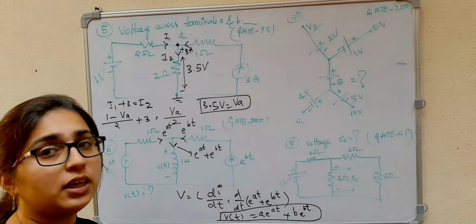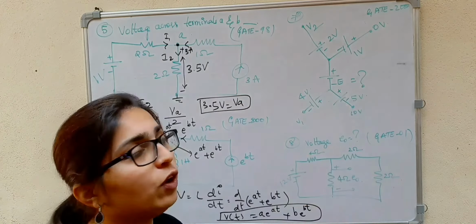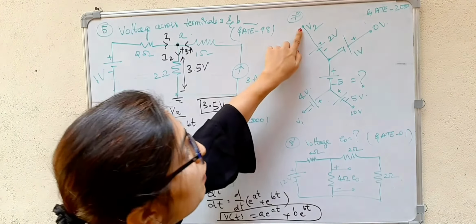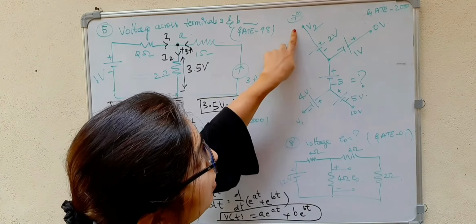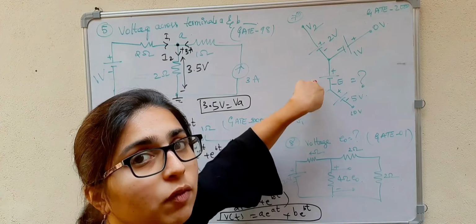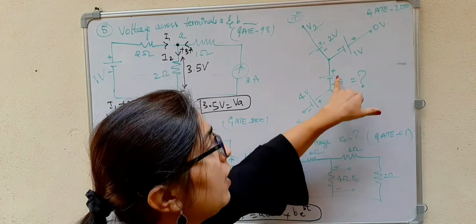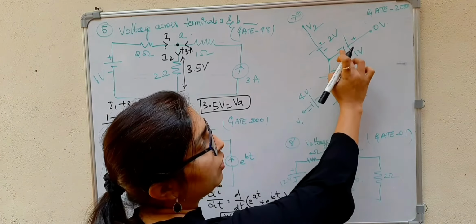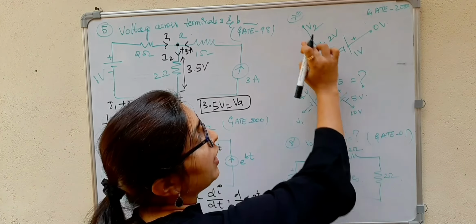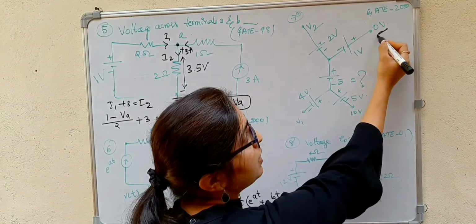Okay. So applying the KCL, here we can find the value of E. So if I come from this node, we will have one unknown. So again here 2 unknowns. So I won't choose this path. If I come from this, okay, again we will have 2 unknowns. Now I will start with this node. Okay, so I can take this route. I should not take this route because it will become 2 unknowns. So I will start from this point.